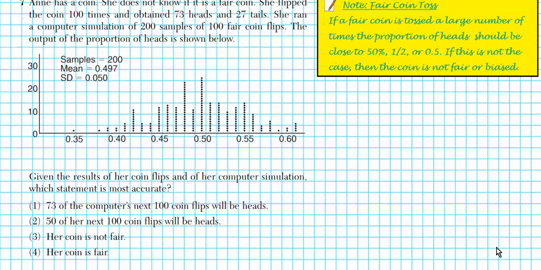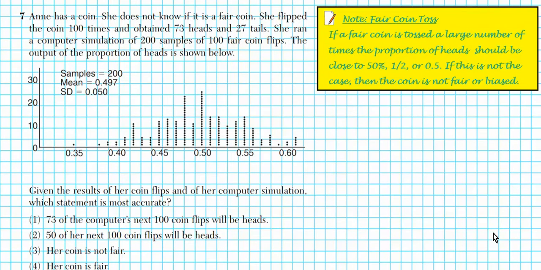Question. Given the results of her coin flips and of her computer simulation, which statement is most accurate? Okay, so in order to easily answer this question, we have to think about what a fair coin means. What does it mean for a coin to be fair? Well, something to note is that if you toss a fair coin a lot of times, like for example, she tossed it 100 times, a pattern should emerge. The proportion of heads